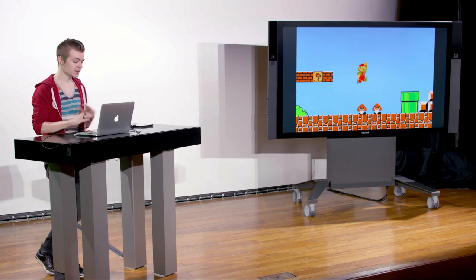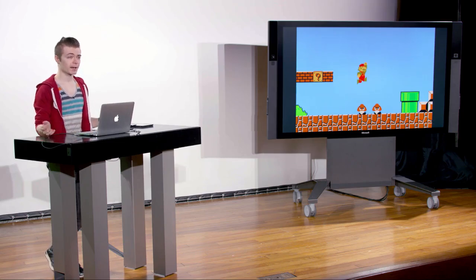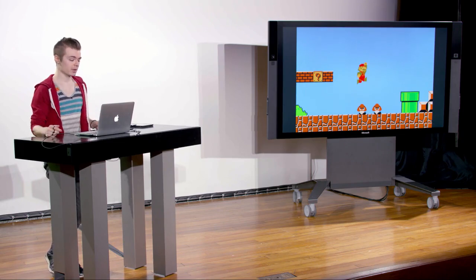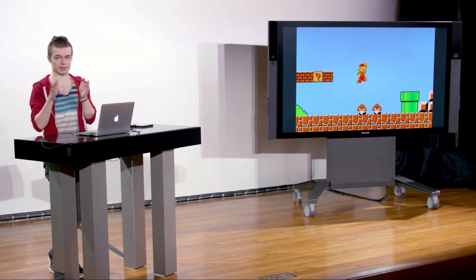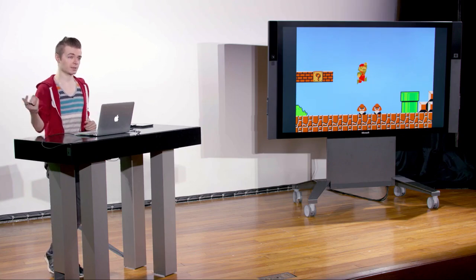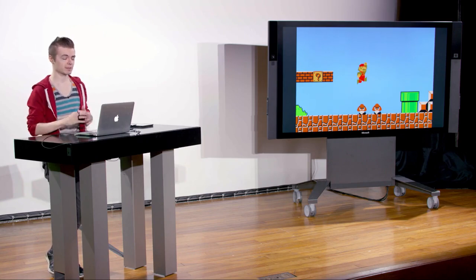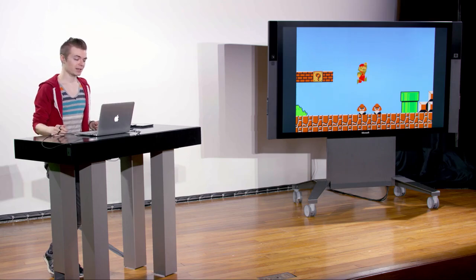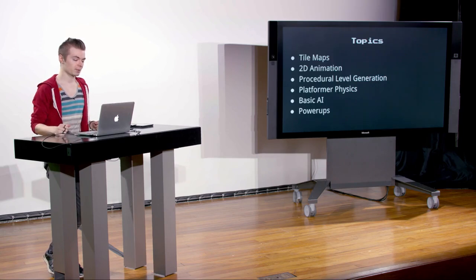But this is Super Mario Brothers. It's a 2D platformer, and what this basically means is you control Mario, who's a plumber. He goes around, looking at him from the side. He walks left to right. He can jump up and down. He's affected by gravity. He can hit blocks. He can jump on enemies. He can go down pipes, and there's a bunch of levels. It was, for its time, quite a complicated game, and it spawned numerous offshoots and rip-offs and other